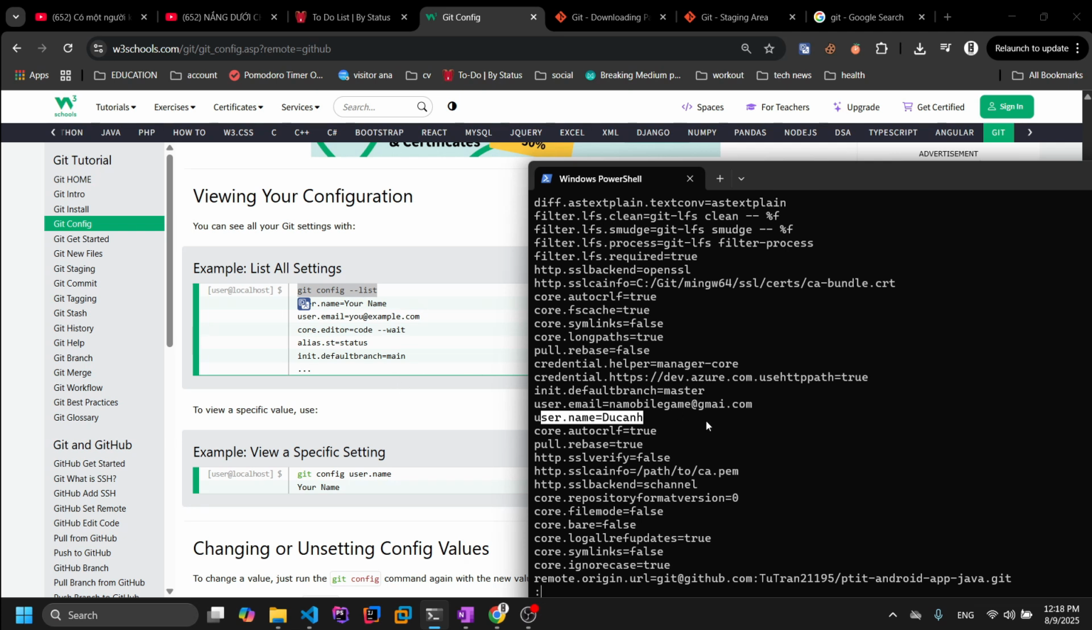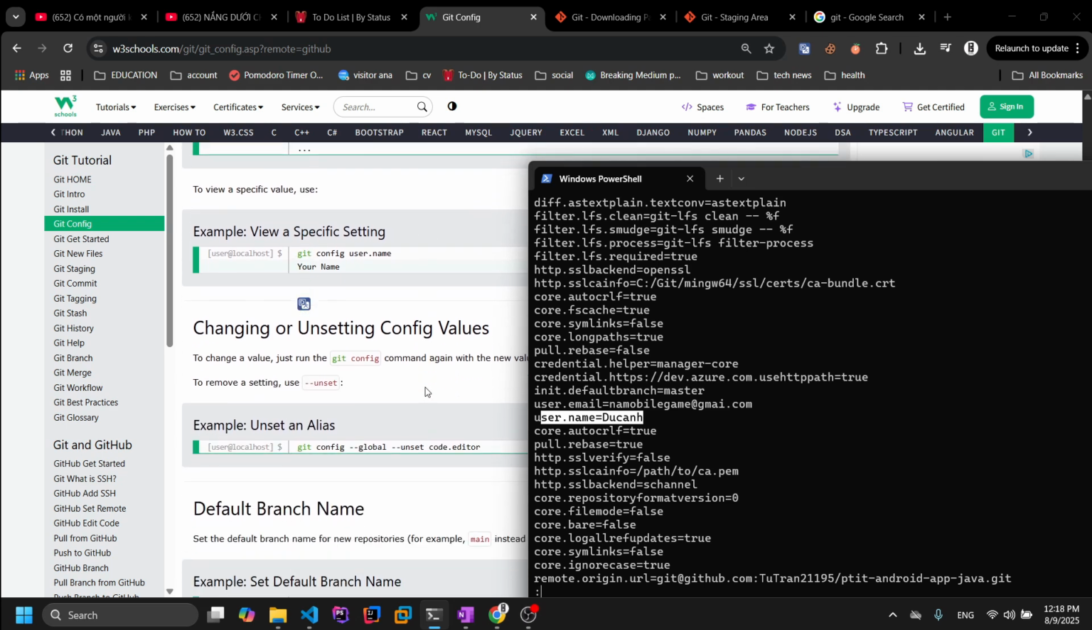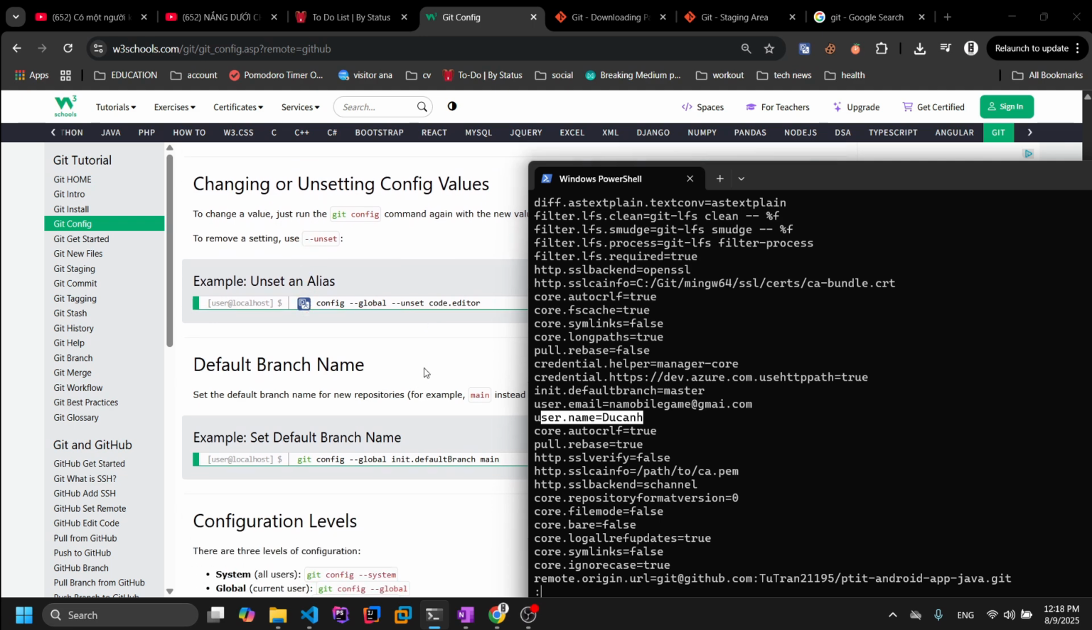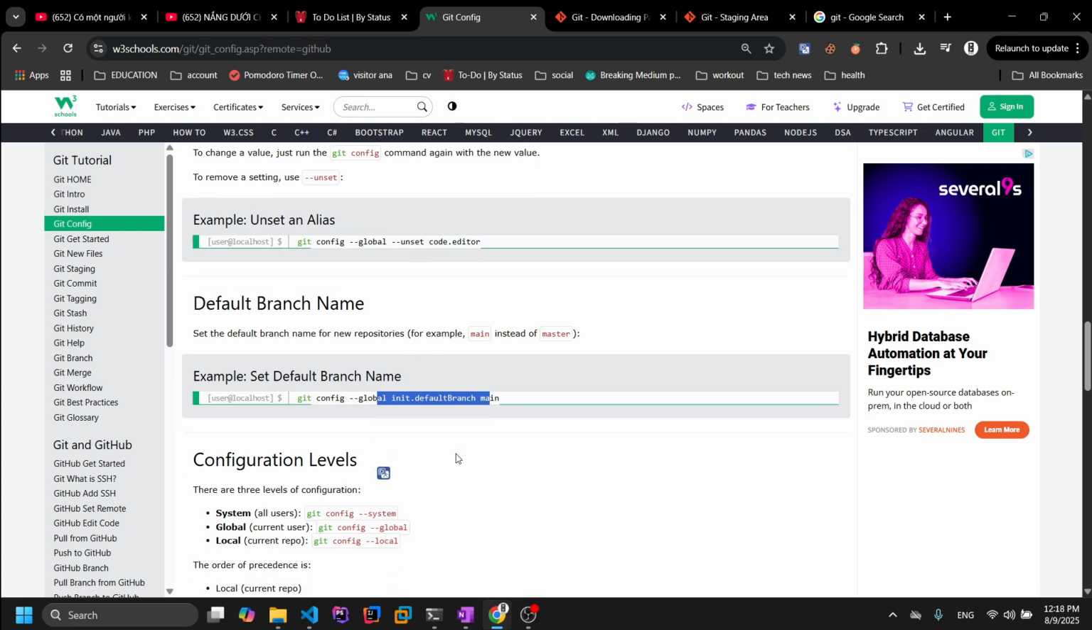So I already configured that at the first install. You can change that to whatever you want. So yeah, you can configure the code editor also, the default branch name, and